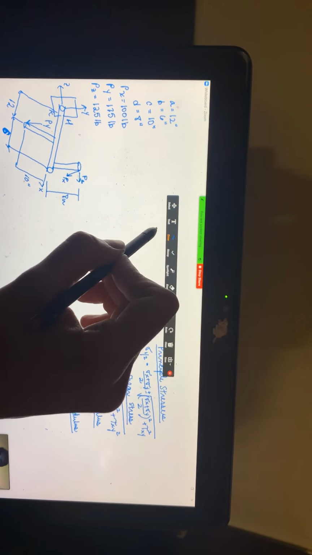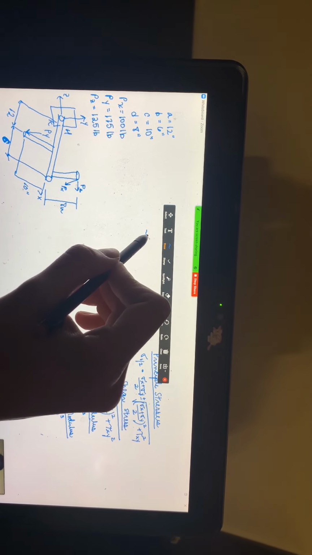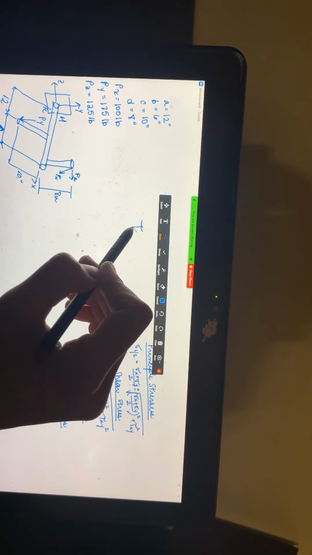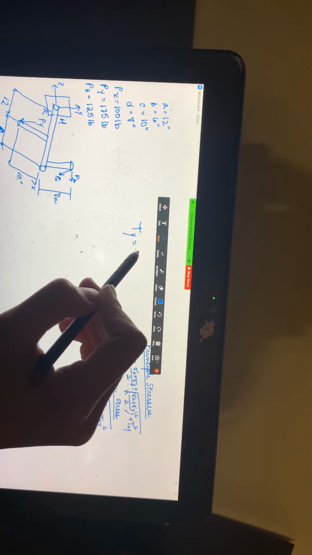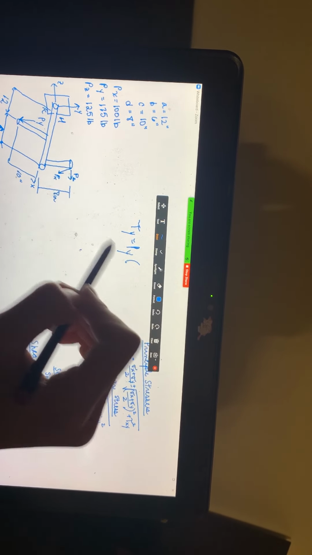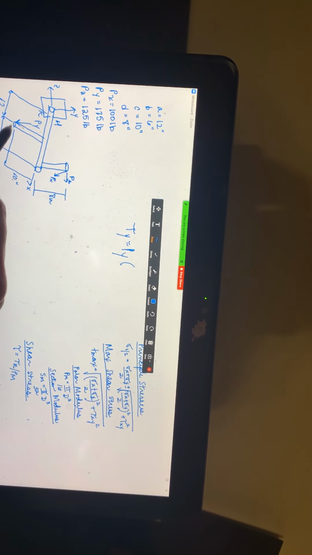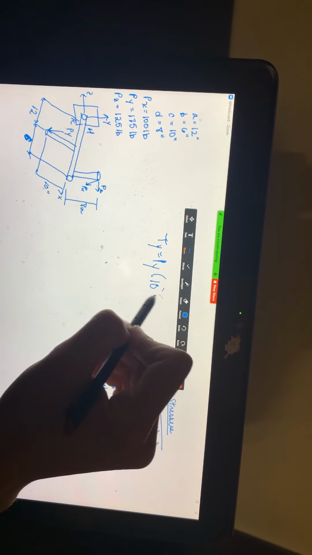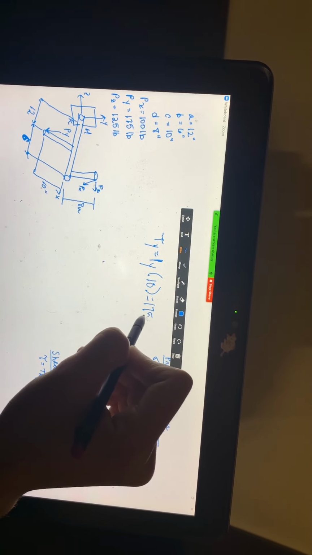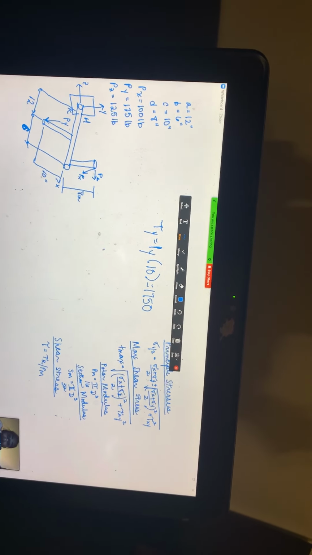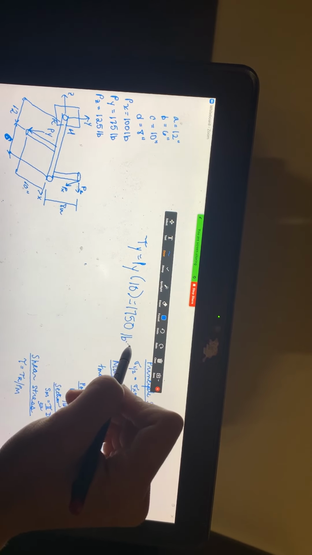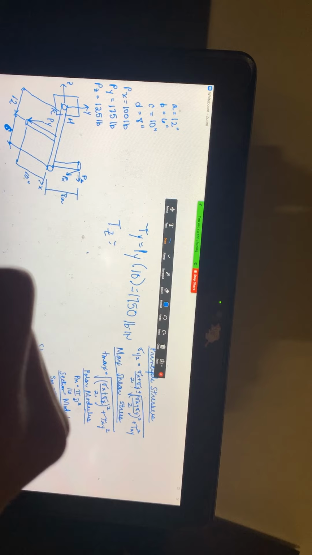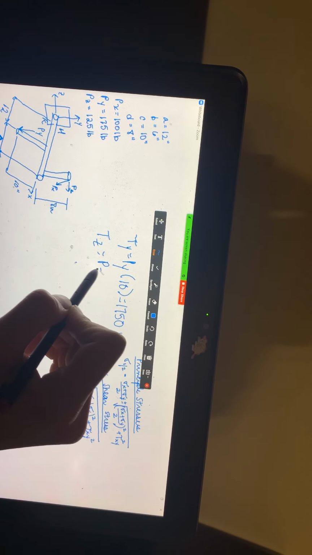So the first step is to find the resultant torsion, which is adding the Py torsion and the Pz torsion. So the Py times 10 right here, because it's acting there, and it's causing the cylinder to rotate. And your answer is 1,750 pounds per inch, and the torsion in the yz plane, which is Pz